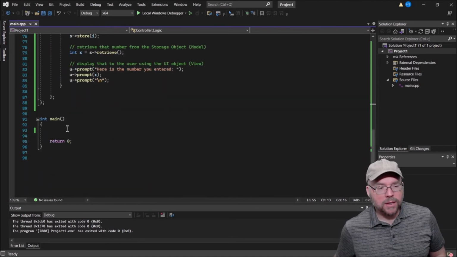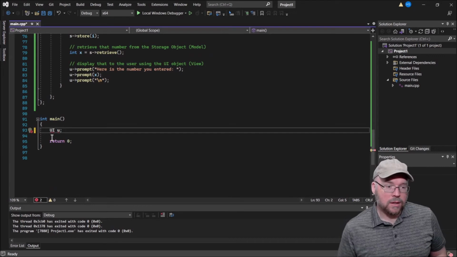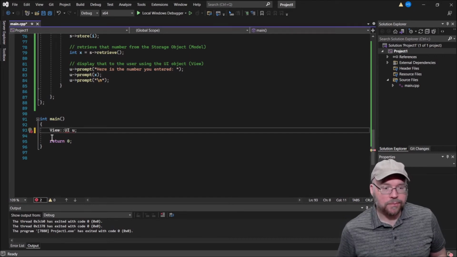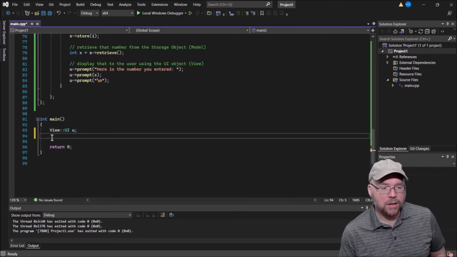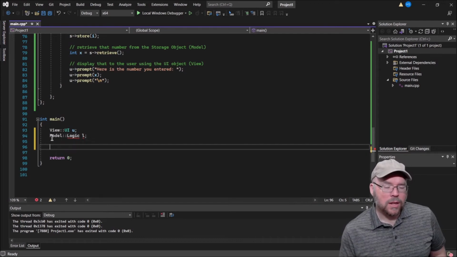So let's make the UI first. Okay, and the UI is part of the view. Okay, then we'll make a model object, that logic object, which is part of the model. And then we'll make,